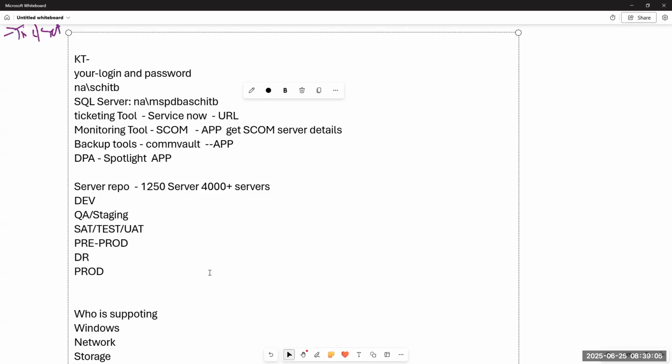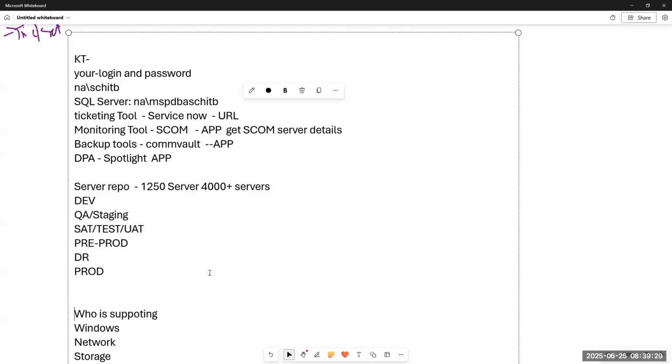But technically speaking, we at least need to know these platforms. Dev, QA, and staging are almost similar, almost everything is the same. But until you go to production, you are in non-prod only.